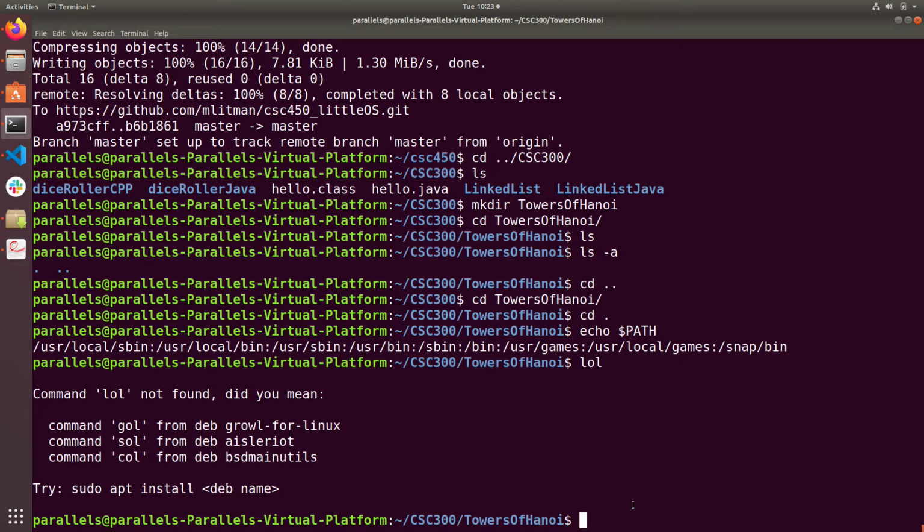Didn't find it. It even gave me a suggestion on what I might do to try to install it. But it couldn't find an LOL, though it found a GOL and an SOL and a COL, whatever. Okay,